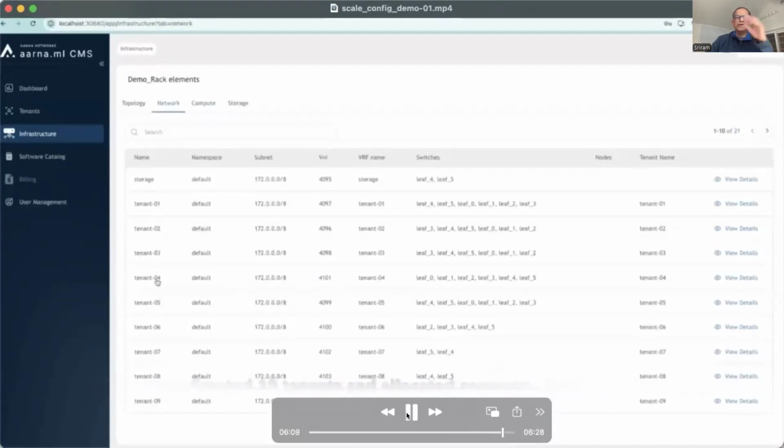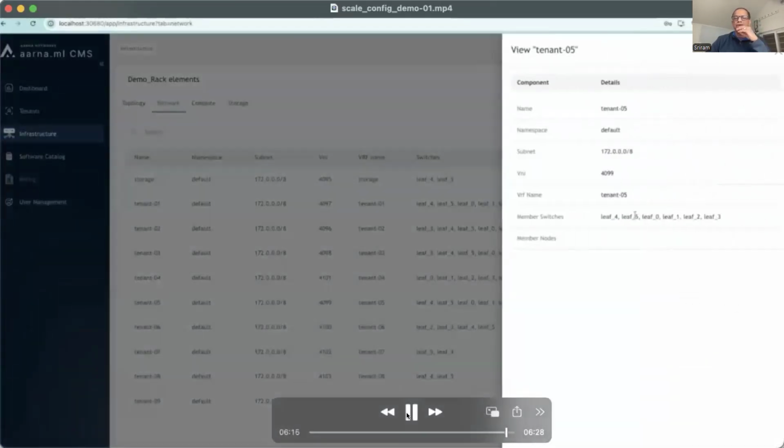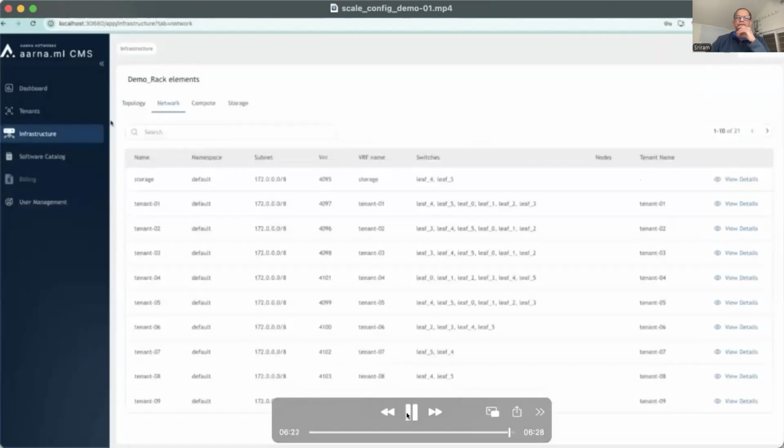You can also see all the network details of each of the tenants, what subnets have been allocated for them, what switch ports are connected to those servers. So pretty much everything that's needed to debug this infrastructure.